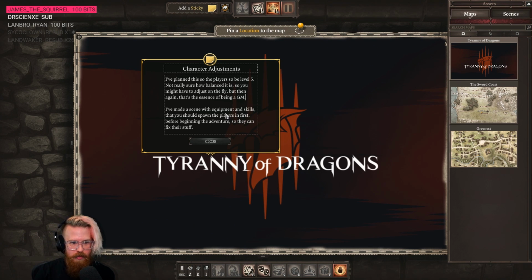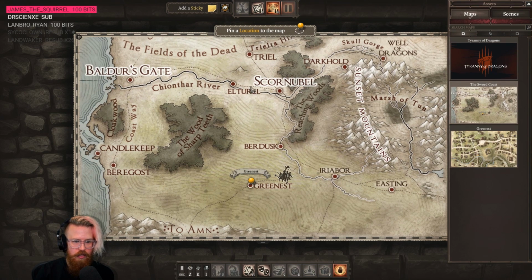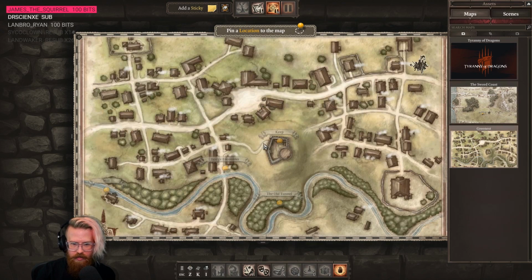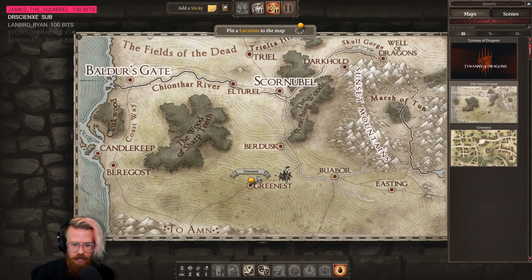Made a scene with equipment and skills. You should spawn the players in first before beginning so they can fix their stuff. Okay, so they've got a little map, the little town of Greenest. All right, that's kind of cool. They've got their map here, and then they have a secondary map with encounters on the map. It's kind of neat. I like the idea of the town with its own individual stuff. Let's take a look at how this is set up. So Greenest seems to be the only...